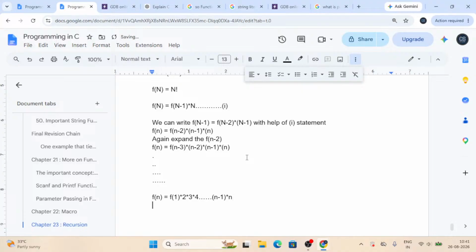So we can say base condition. f of 1 is nothing but 1 factorial, which is equal to 1. So f of n equals 1 star 2 star 3 star 4 star 5 up to n minus 1 star n. So now we can see